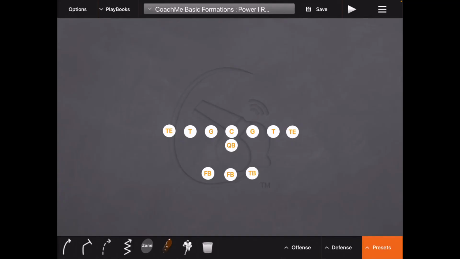a lot of misdirection plays from the T formation. I'm not a fan of misdirection plays. I'll explain that in some later videos, the counters and reverses and things like that. But there is a team in our league that does really well. You got this guy this way, and this way, and everybody on the defense is like, where are these guys going? Like, who's getting the ball kind of situation. So that is the T formation.